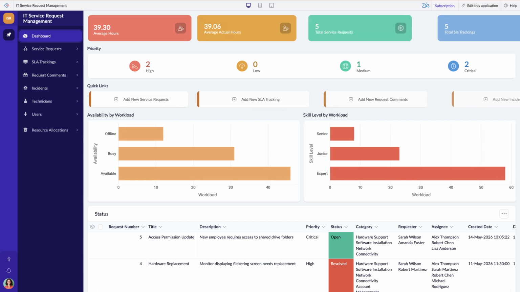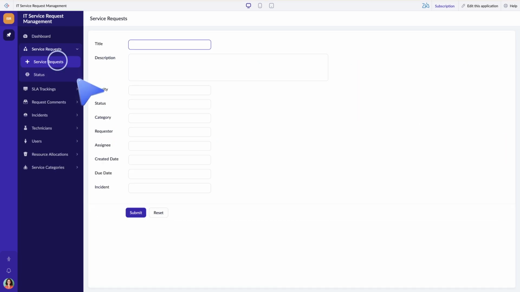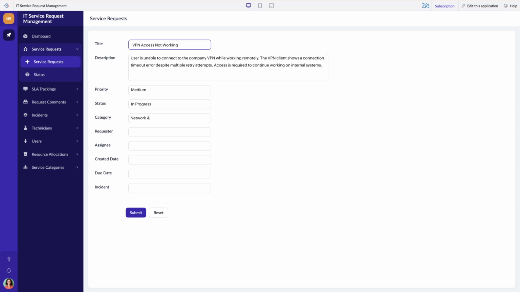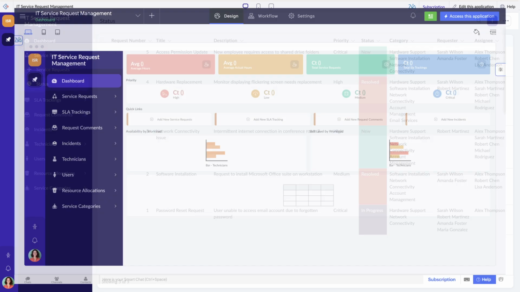Now let's tour the application. We have a service request module to open a request for an asset or service. The status tracker provides a clear view of where every ticket stands, from new to resolved. You can also execute logic such as notify, update, or delete based on the change in status of the service